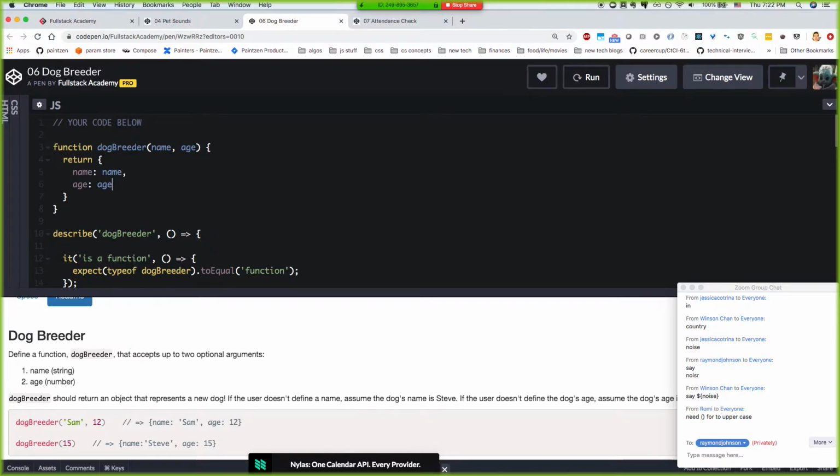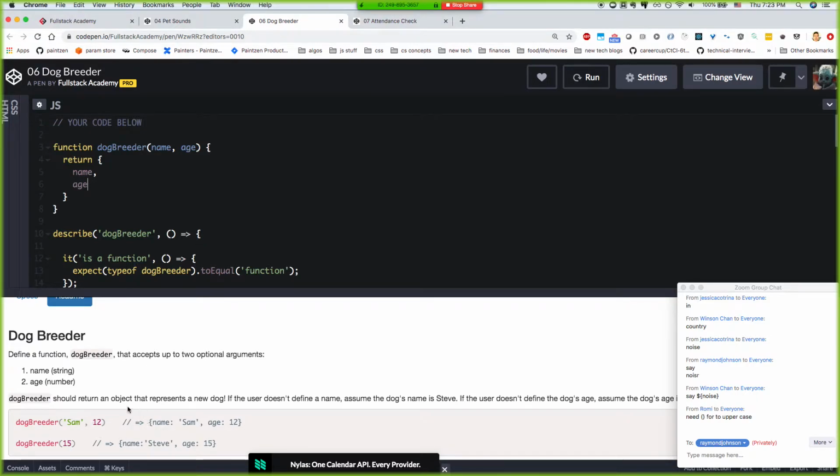And if you haven't run into this already, a cool feature of JavaScript is that if the name and the value are the same, then we can just omit this and it'll be the same thing as this. If the value and the property have the same name, we cut out the extra code. So yeah, this should work for certain cases,